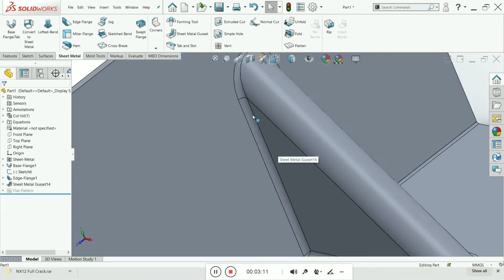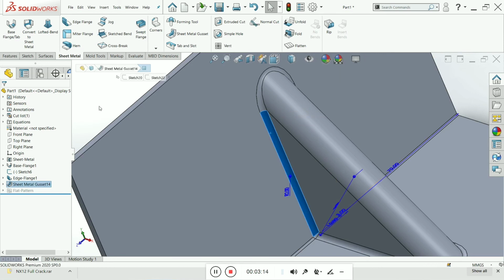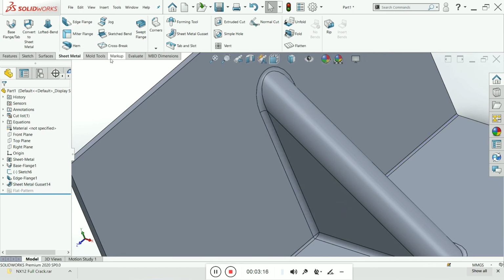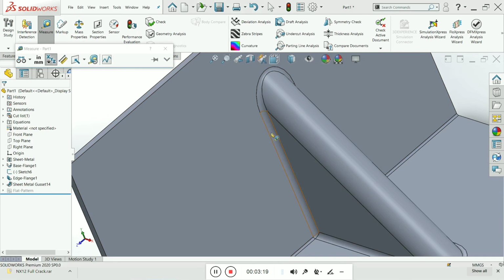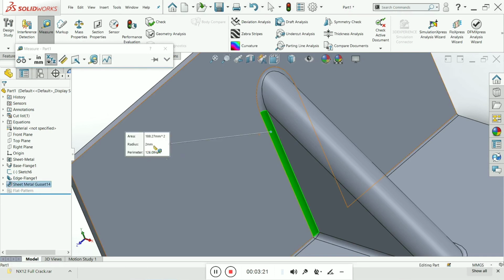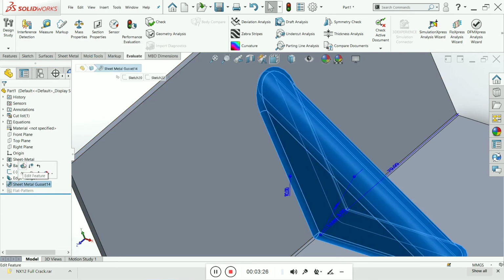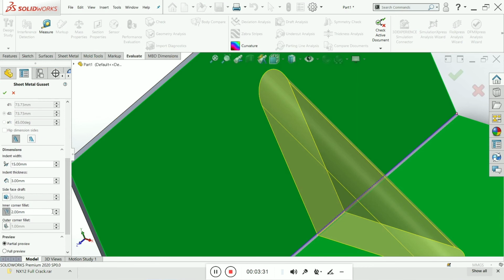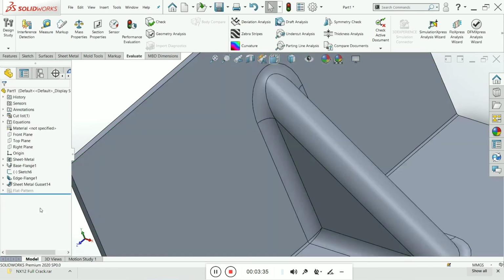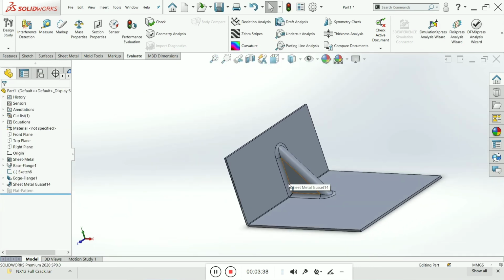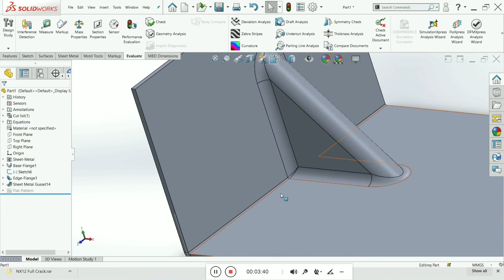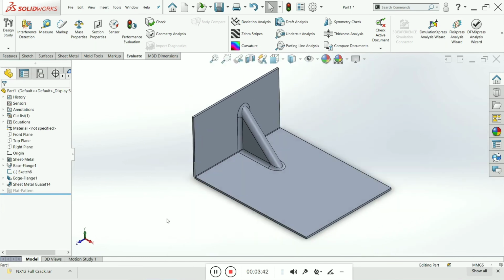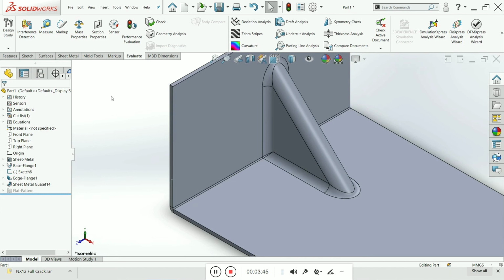There are multiple options, fillet and chamfer. Now you can measure this fillet from here: select Measure and select this face. You can see the radius of this fillet is 2 mm. It's very interesting, you can increase or decrease it as per our requirement. It will depend on our analysis perspective. If I change it from 2 to 5, you can see the fillet has increased from 2 to 5 mm.